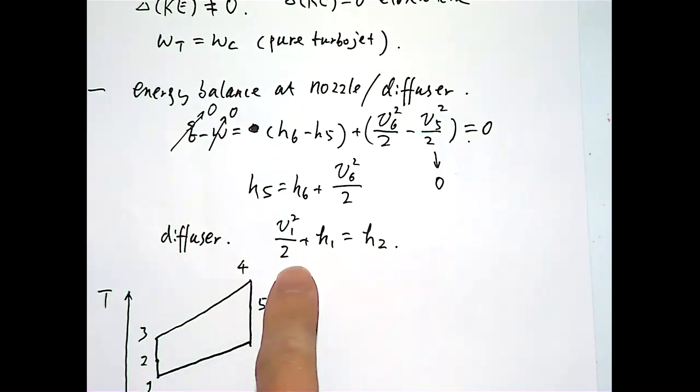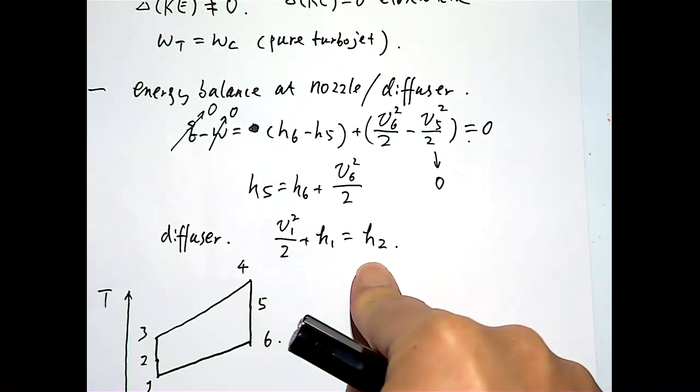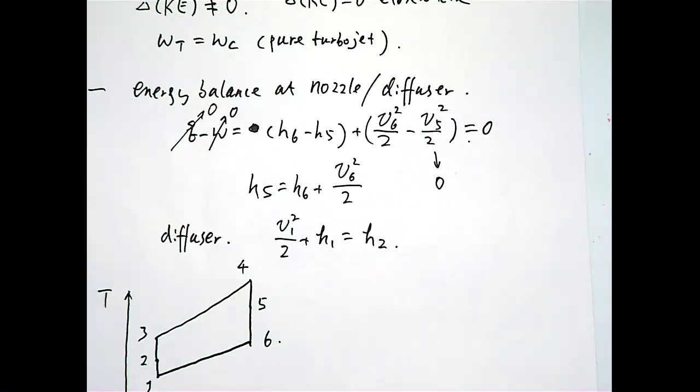So the diffuser is a process that converts kinetic energy to enthalpy, which we do here. Going from 1 to 2 is a diffuser, right? You have the kinetic energy coming in. You consider that the aircraft is flying at a pretty high speed, so the air is coming at a certain velocity, and that velocity, when going through the diffuser, is used to raise the enthalpy of the gas. High enthalpy means high temperature. So that's why it's going up here. But point 2